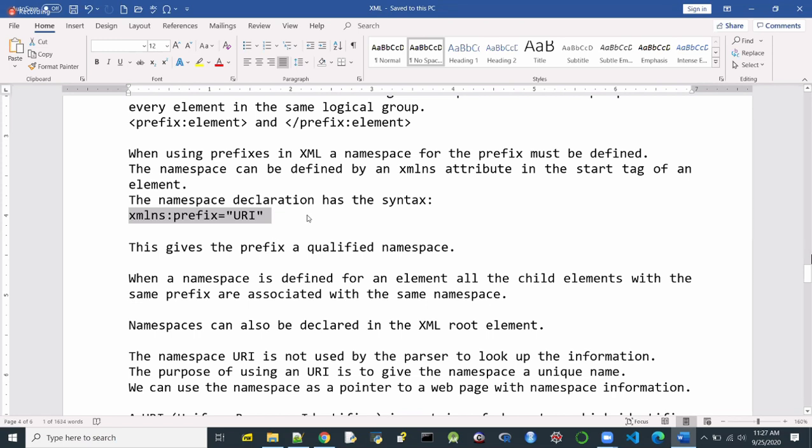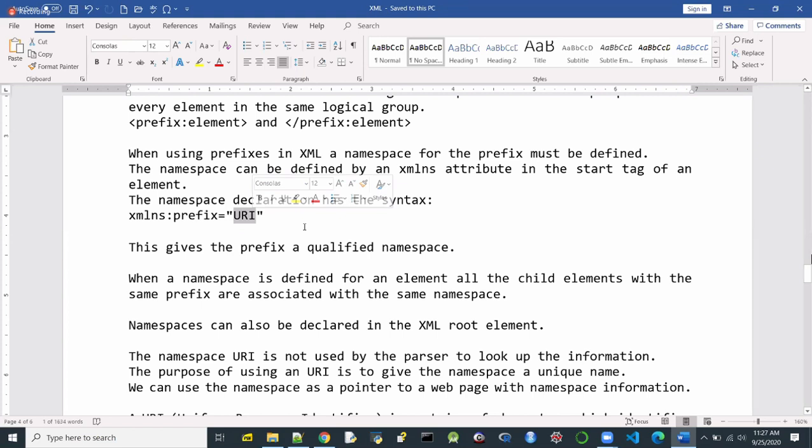The point here is the namespace declaration should have the following syntax. We use xmlns, which is a predefined attribute. Then we put the colon symbol, then the prefix that you are using, and then we point to a particular uniform resource identifier, that is URI.